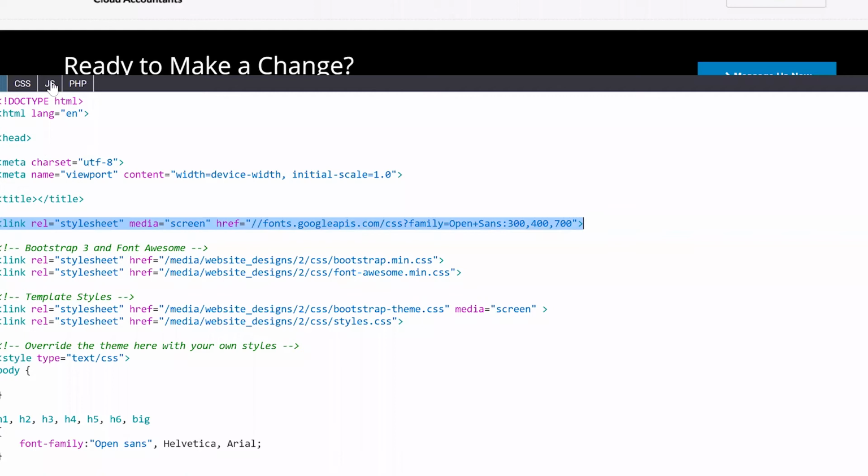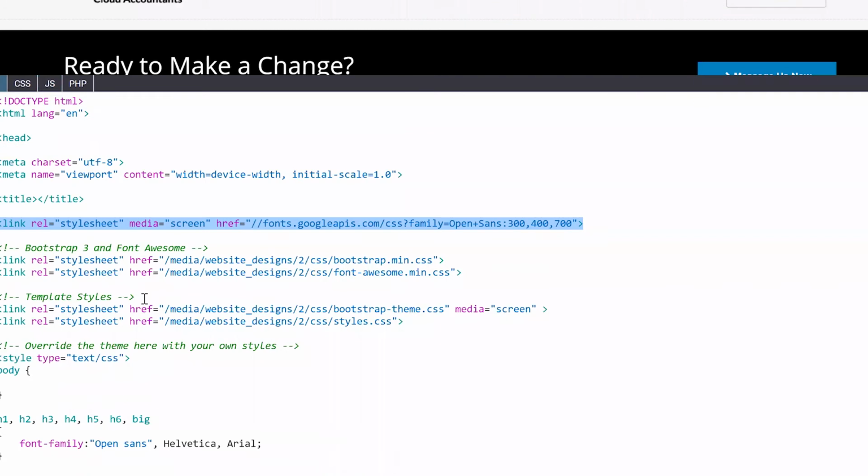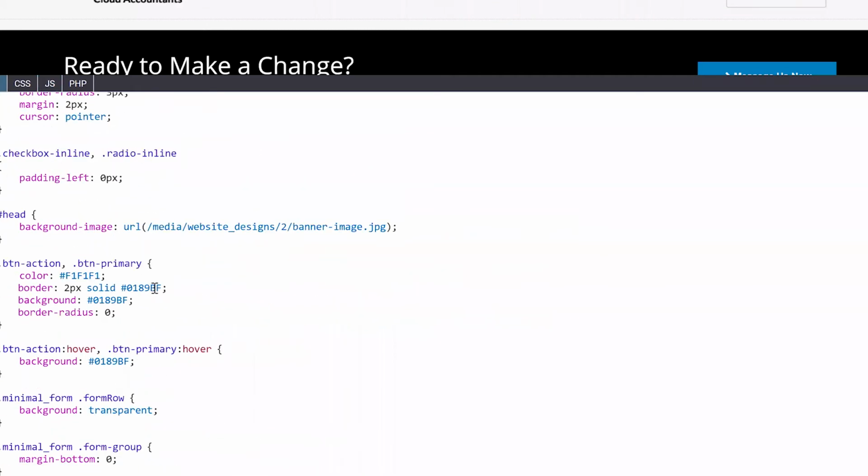And if I wanted to define my own JavaScript functions, I can stick it in here as well. Otherwise, I can put it in the HTML document if I want. And then the same goes for PHP functions too. Scrolling down in the website template past all of these CSS rules that I've got set up, you'll see that